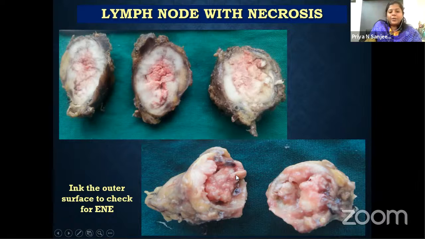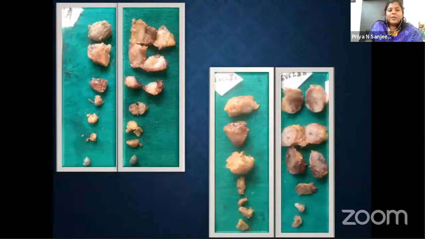And the fresh tissue can be sent for culture sensitivity if you are suspecting infective etiology. And sometimes this tissue can also be retained for flow cytometry, but we need to have a setup for that. It has to be immediately fixed with chilled combination of acetone in 3:1 ratio, and it has to be maintained at minus 20 degree. So, during grossing, the specimen can be utilized for further molecular analysis if we plan it early.